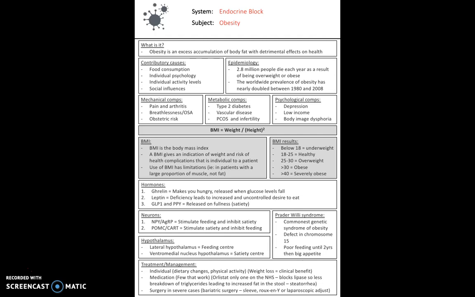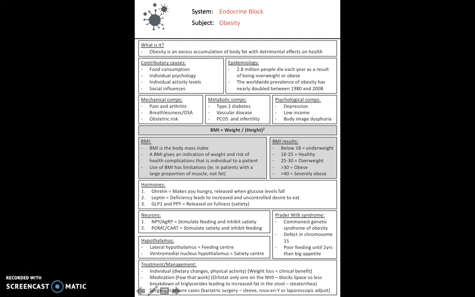As clinicians, we tend to look at the BMI, and we calculate this by taking the weight of the patient divided by the height squared. It's essentially the body mass index. It's a way of taking a look at someone's weight, but taking into account how tall they are as well, because of course a taller person is going to weigh more naturally than a really short person. So it gives you a more accurate clinical picture of the patient.